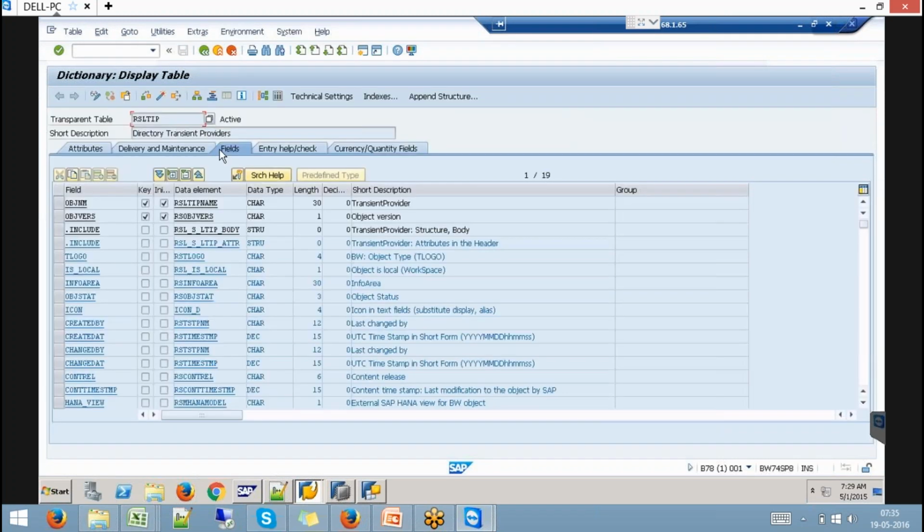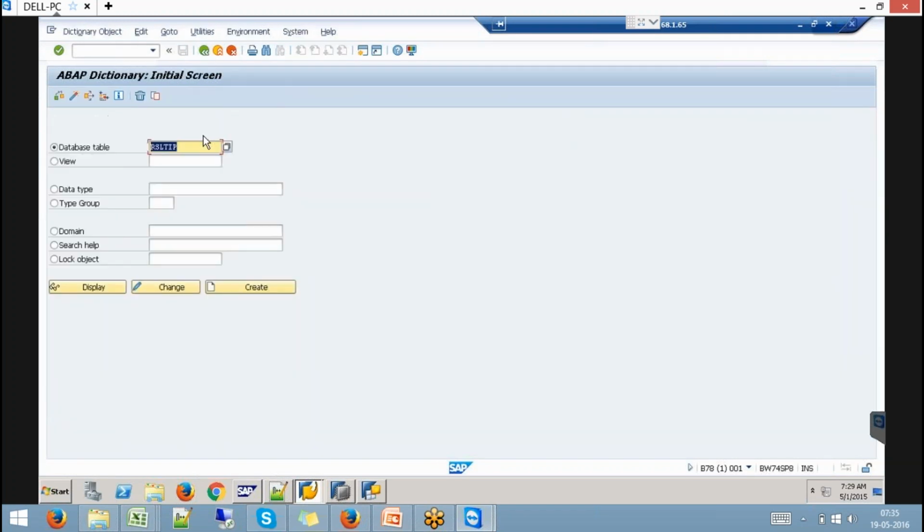Similarly, you have to go to all the tables relevant to this transient provider.